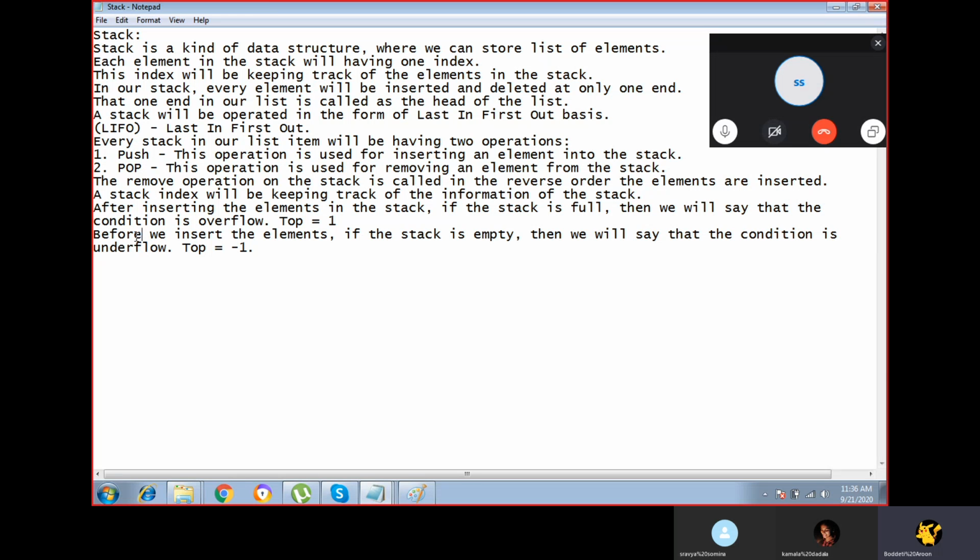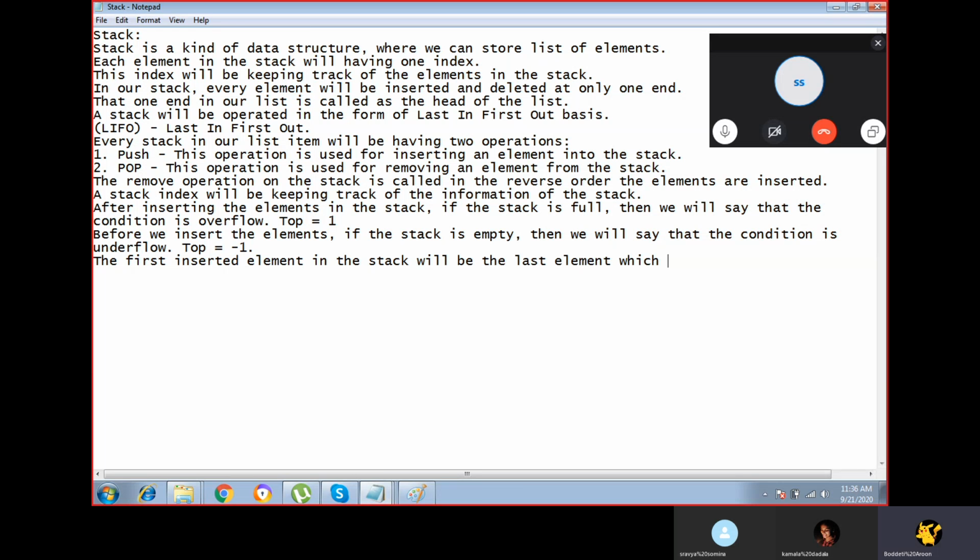So that point also we can write. The first inserted element in the stack will be the last element which will be popped.